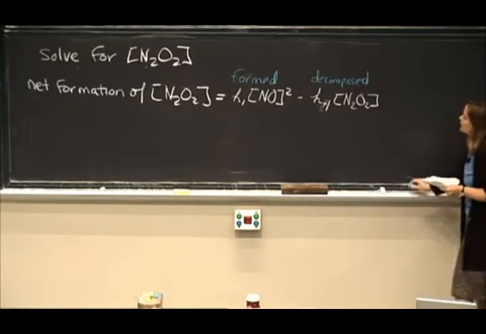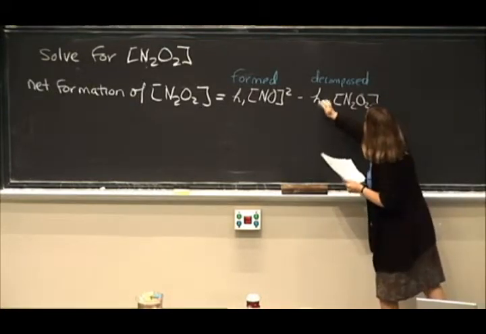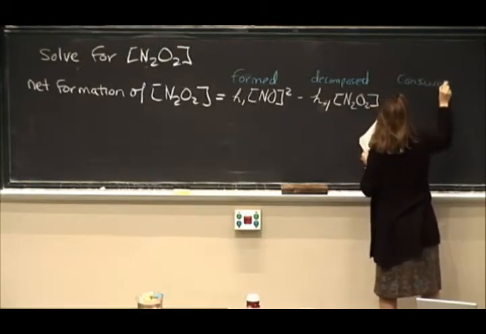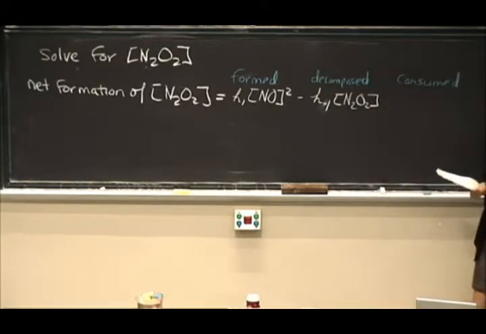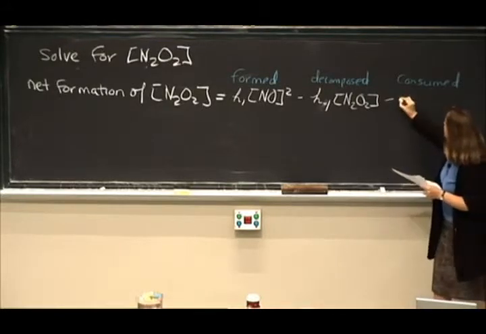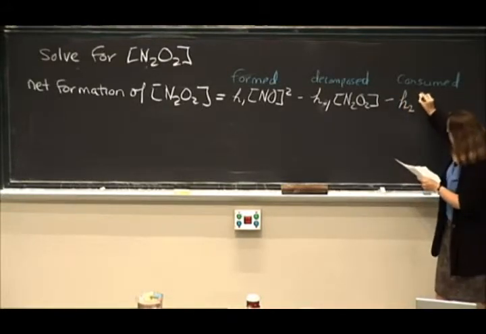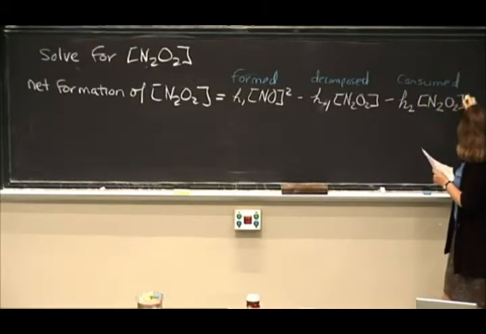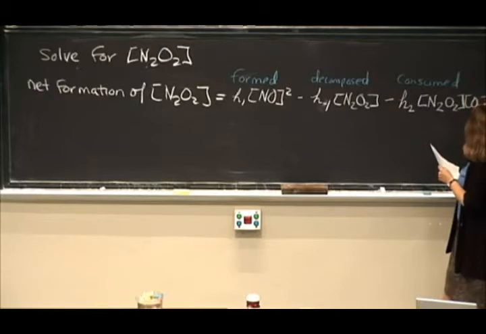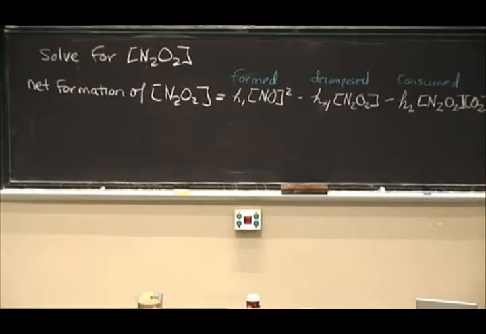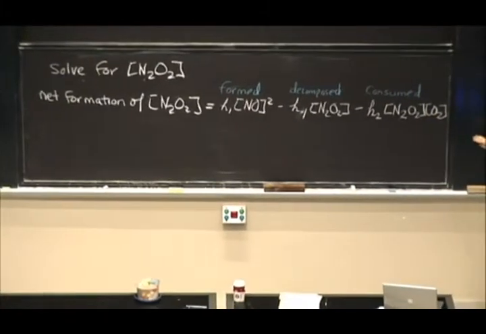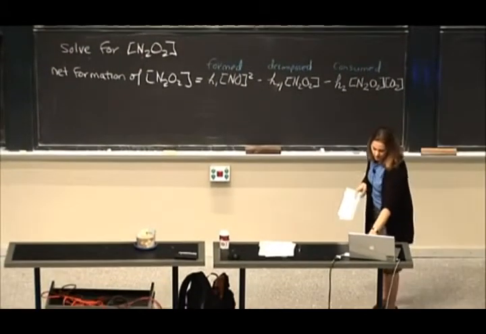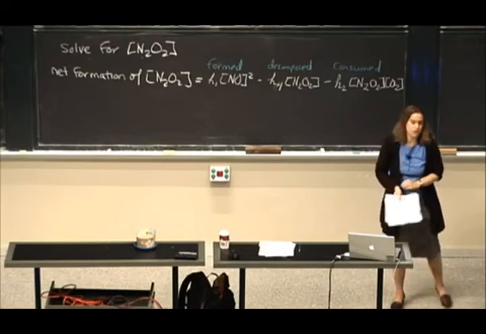And then we also want to think about the rate at which it's consumed. And it's consumed in the second step. So that's K2 times the concentration of the intermediate times the concentration of O2. So that's the net formation. And now we can use something called the steady state approximation. And the steady